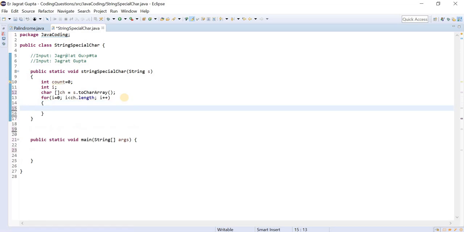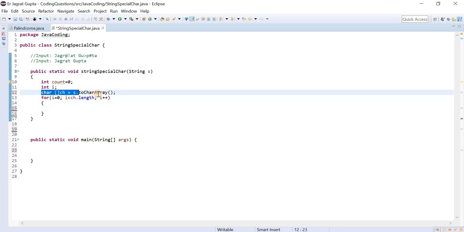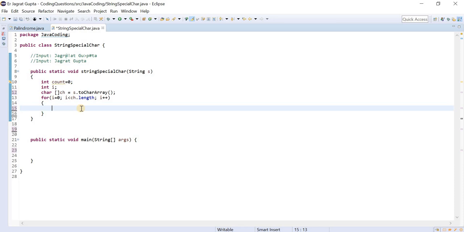And here I will apply a logic. But the ASCII values are integer values, and from here we are getting characters. So firstly we need to convert our character value into an integer value, correct? How can we convert it? There is a concept of typecasting.